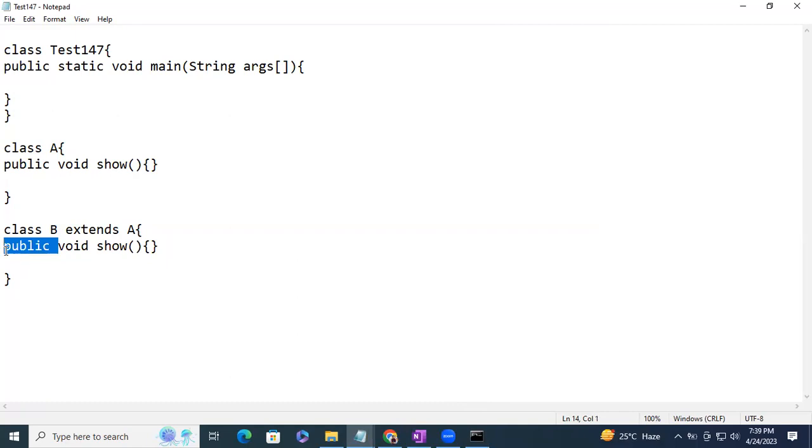What are the rules we have seen? First one, the method name must be the same. Second one, the parameters must be the same in terms of order, types, and number. Third one, the method return type. The return type must be exactly the same in case of primitive. In case of reference, it can be the same or it can be a subtype of the supertype. In case of accessibility, you can increase the accessibility or keep the same accessibility. You cannot reduce. Okay. Next is,